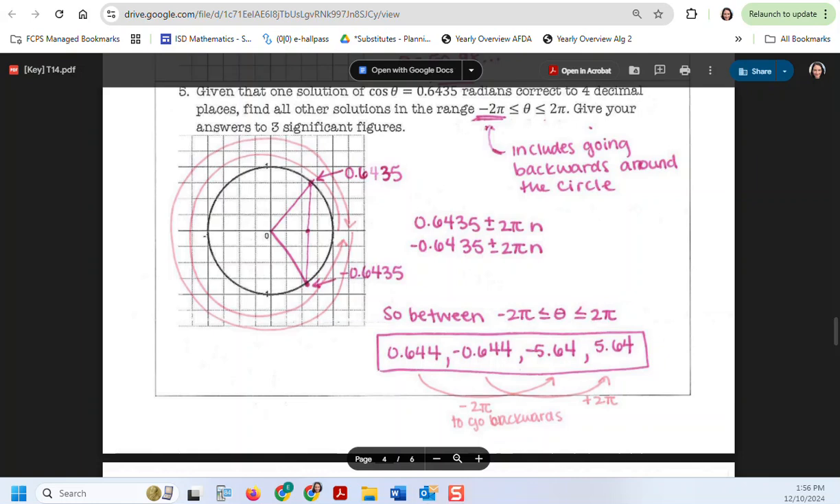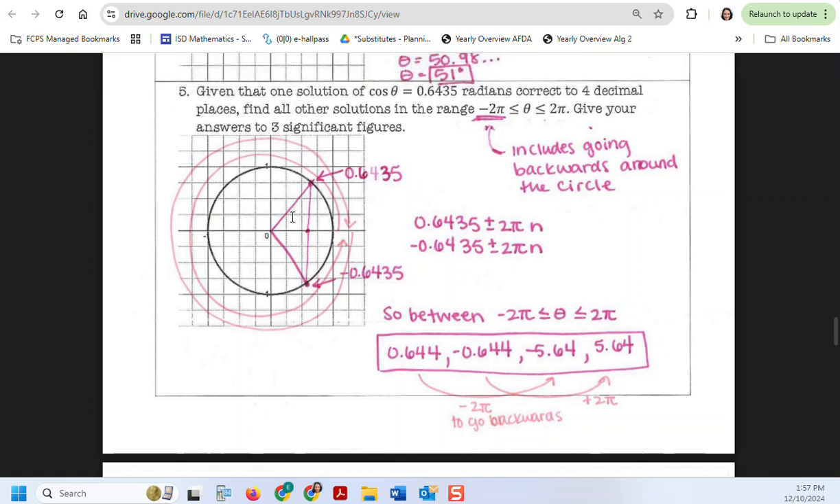Okay, so we've established that if there's an answer where the cosine is positive 0.6435 radians, there's also going to be an answer down here because cosine is positive wherever the x is positive. So here and here. If we're talking about positive angles,